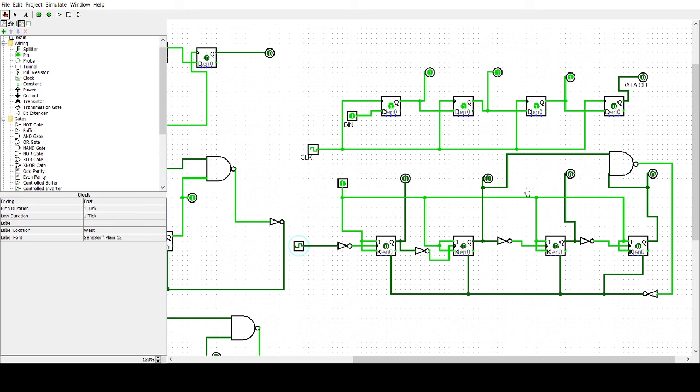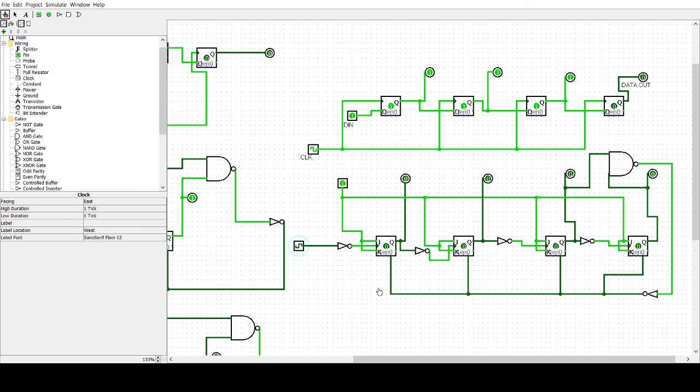Okay. Next, mod 12, it has to count up to 11. So I am going to change this diagram itself to a mod 12 counter. It is very simple. I am going to delete this and connect it to this. Now we are going to check. It has to go up to 1011, which is 11. So 1 2 3 4 5 6 7 8 9 10 11, then it should be 0. It is your mod 12 counter.